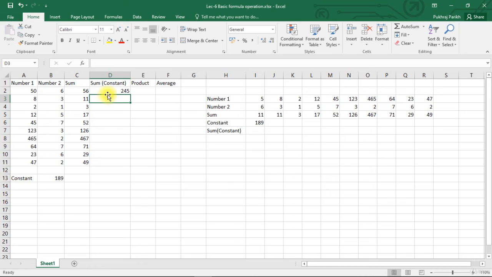I would like to extend this formula to other cells in this column, but when I extend it, the row reference is updated for all the cells.